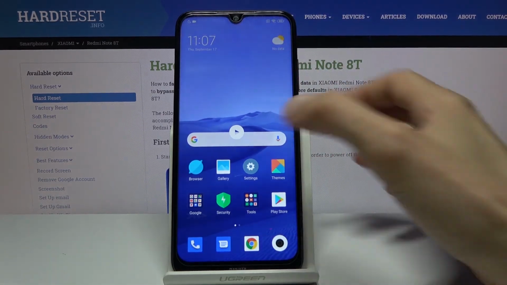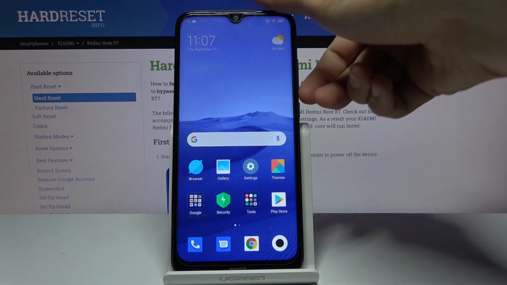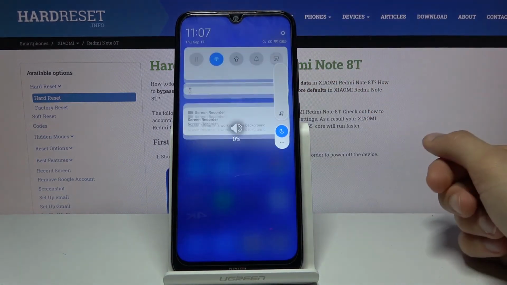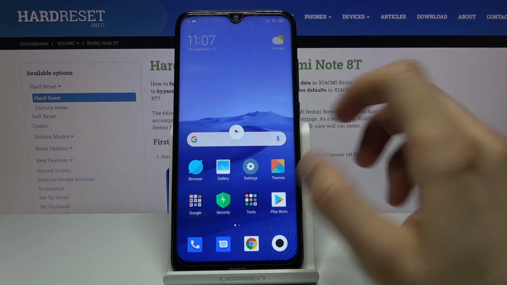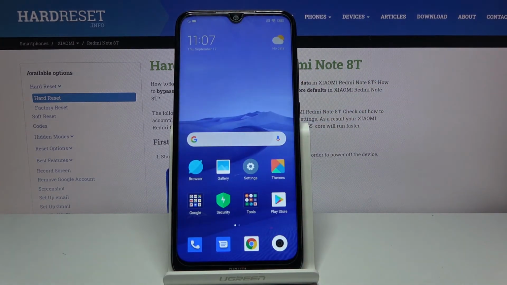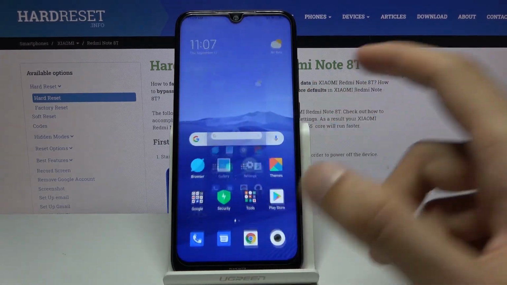Let's play it. So as you can see, there is the recording. Nothing really long or special, just a showcase how it looks. So that is how you would record videos on this